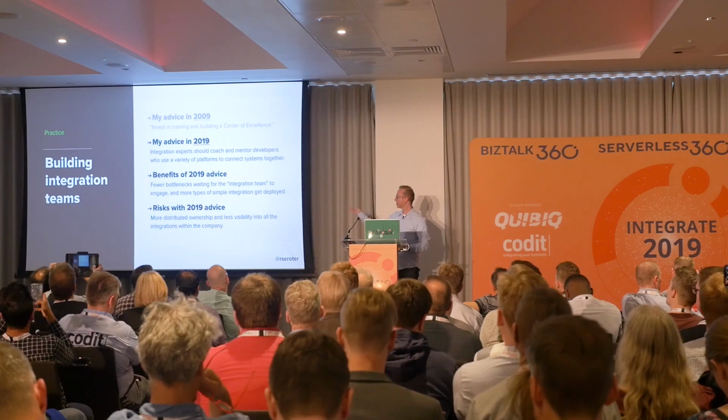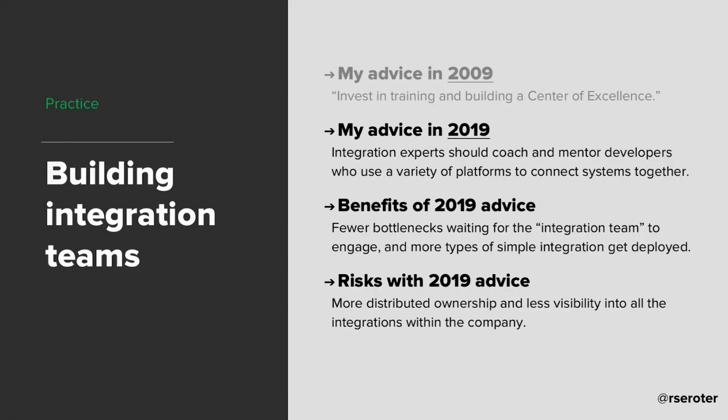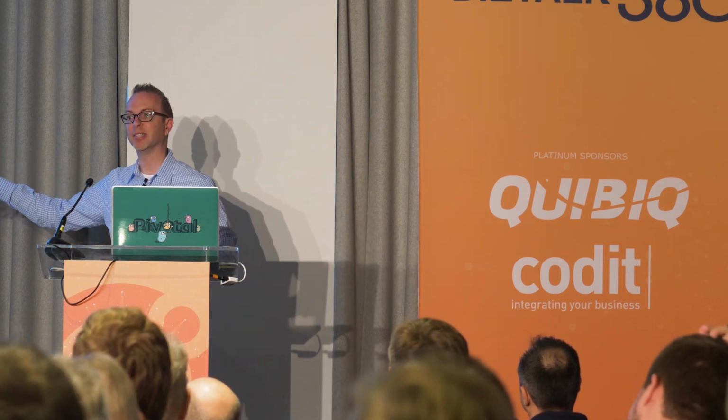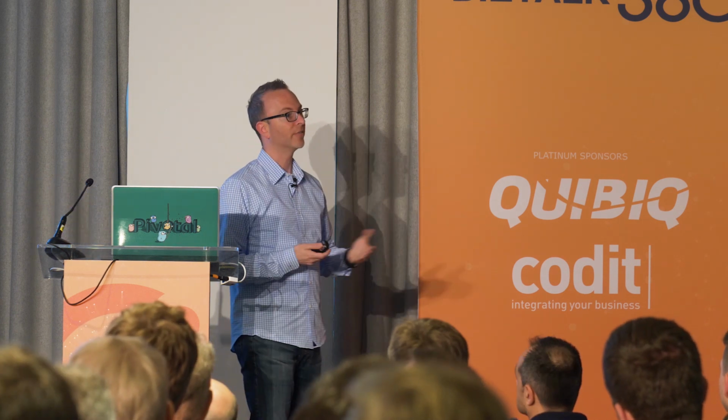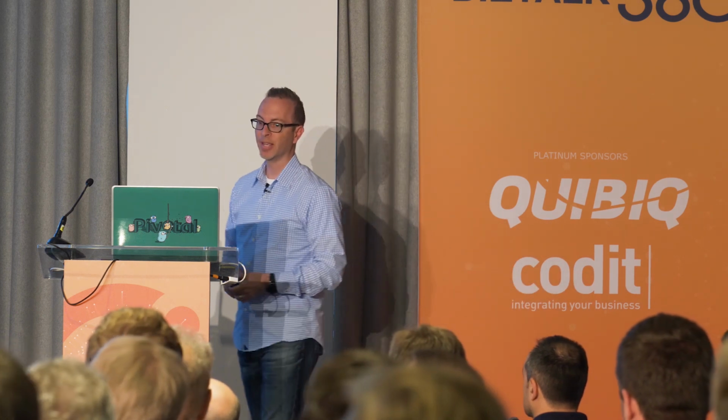So there's risks, right? I've got more distributed ownership. Who in the world's doing what? They're not following the best practices. They're not using our naming standards, all the things that make us bristle. We got to accept it. Right? The only way this stuff scales is to maybe lower the bar just a little bit and just say, look, everyone won't be a certified integration engineer, but they're going to connect stuff faster and mostly reliably. But again, you lose some of the visibility as well, the centralization, if each team is kind of connecting their own stuff. So you have to pay attention to tenancy again, who can run what.